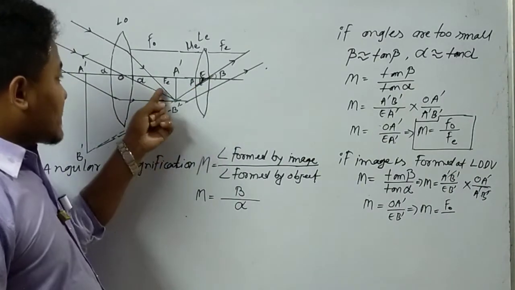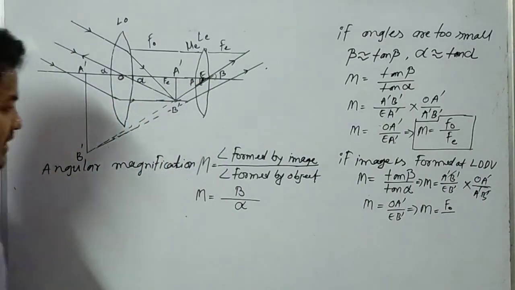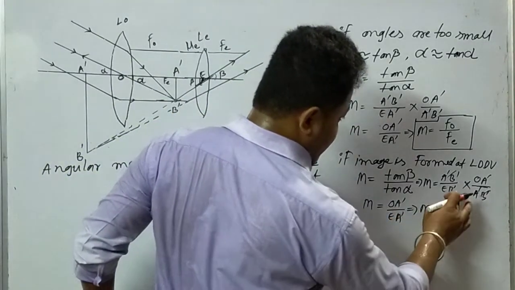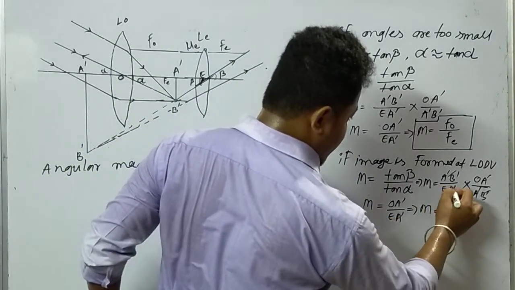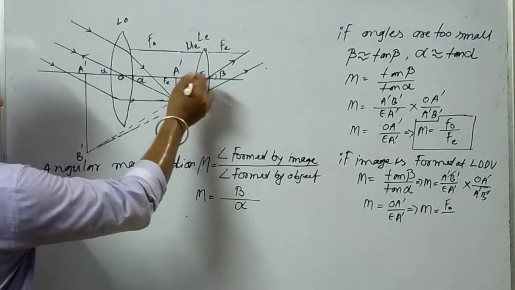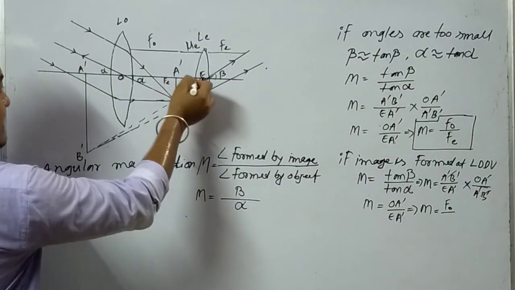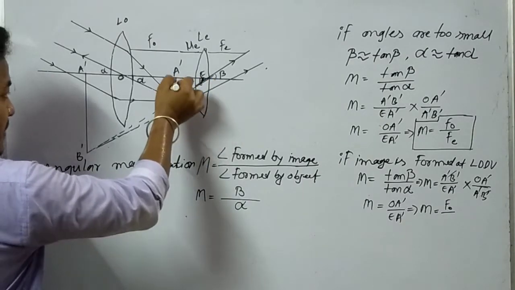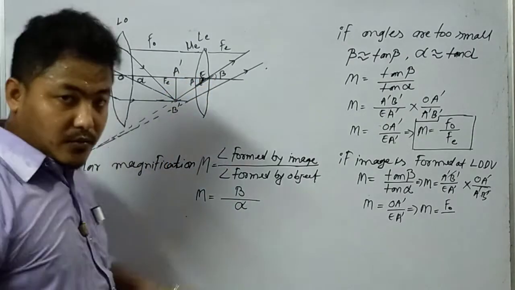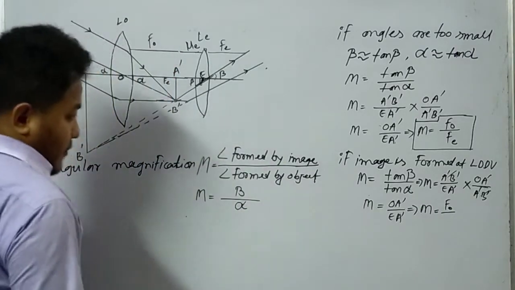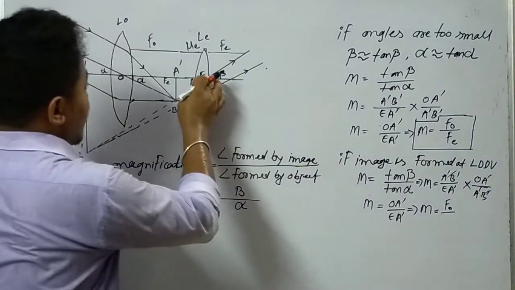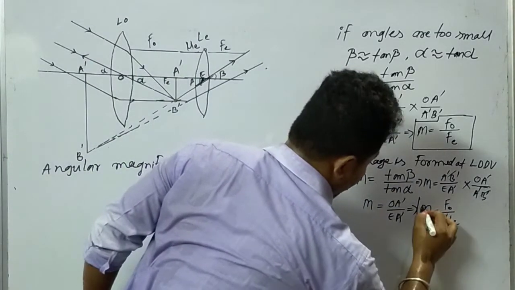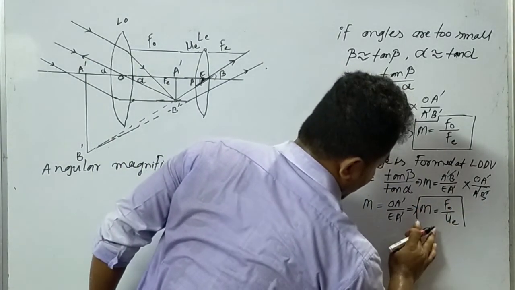It is not EB dash, this is EA dash. So similar case in this one also. This will remain EA dash. Don't get confused. This is EA dash, A dash B dash perpendicular, EA dash base. So perpendicular upon base. Clear now? Okay, so don't have any doubt. So in the place of EA dash, what will we write? Distance UE. This is UE. So this is the magnifying power we have got